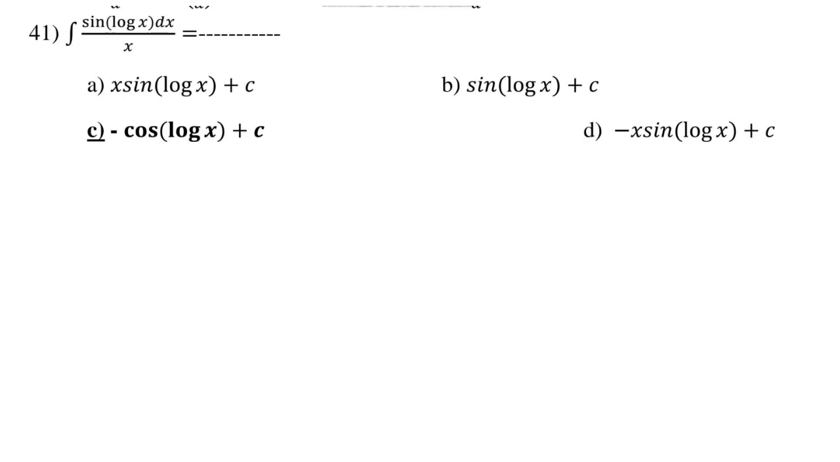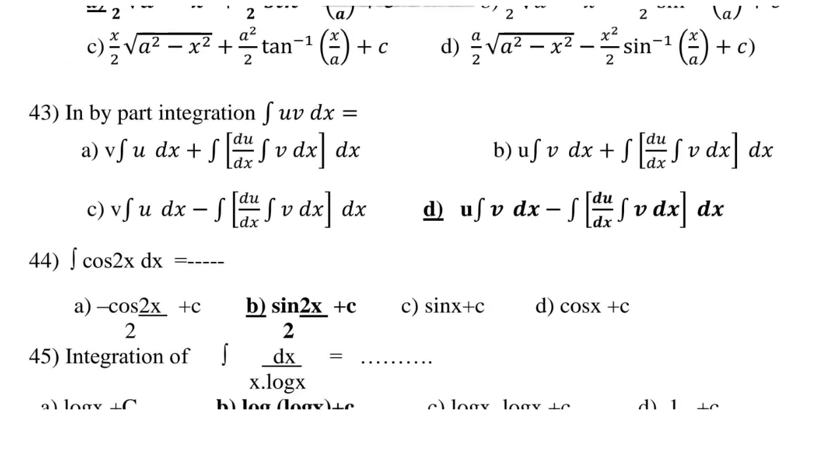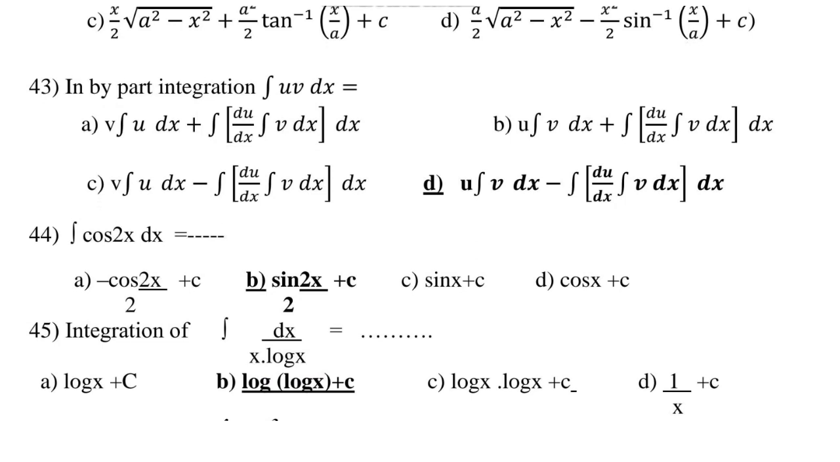Question number 41: integration of sin(log x) dx upon x is minus cos(log x) plus c. Then question number 42: integration of under root a square minus x square dx is equal to x by 2 under root a square minus x square plus a square by 2 sin raised to minus 1 x by a plus c. Question number 43 is in by part integration uv dx